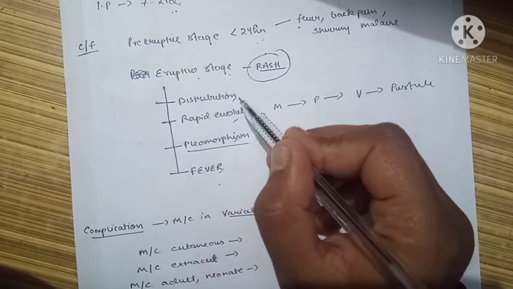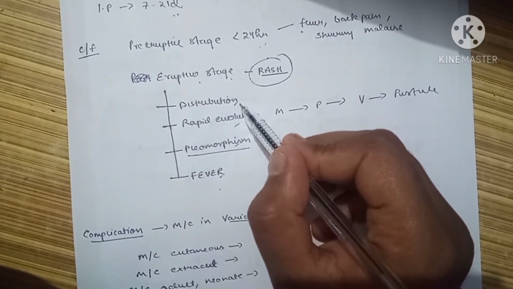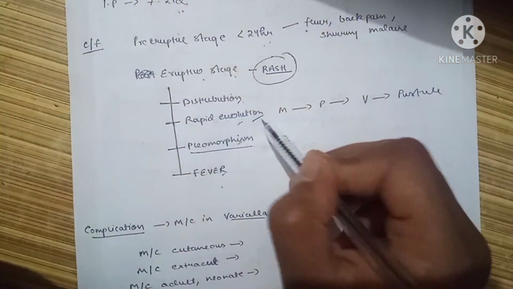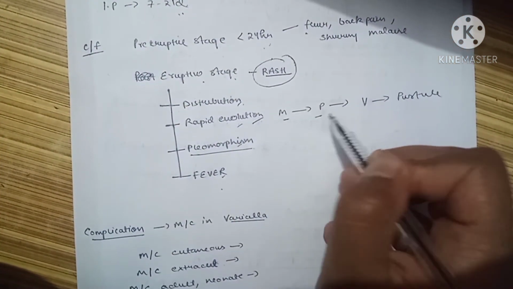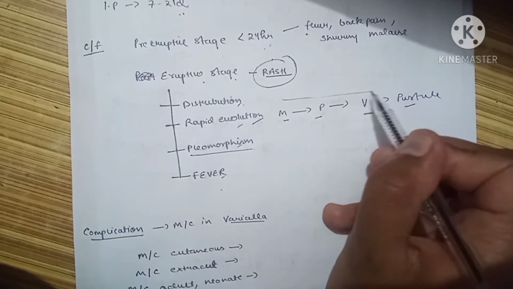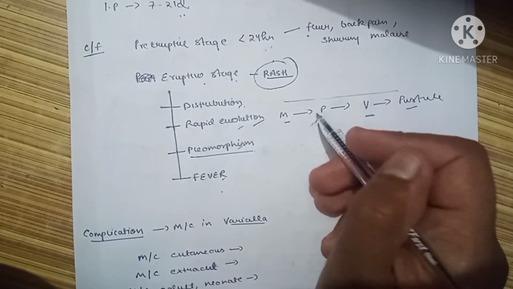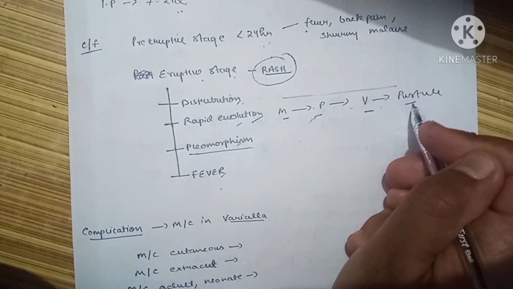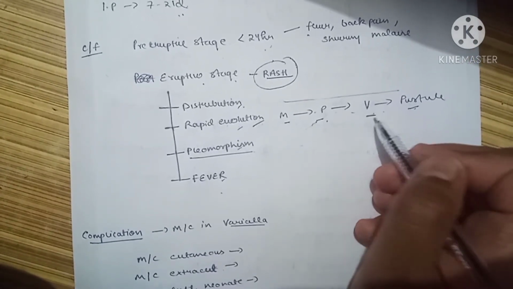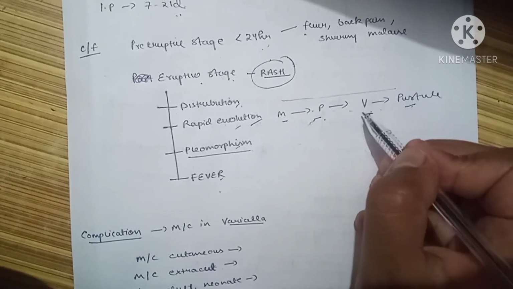So this is what we needed to know about distribution. The second thing is its rapid evolution. By rapid evolution, we mean the macule stage, papule stage, the vesicle stage, and the pustule. This is how the rash progresses. But this progression is so fast that we are not able to notice them, and generally the patient himself notices